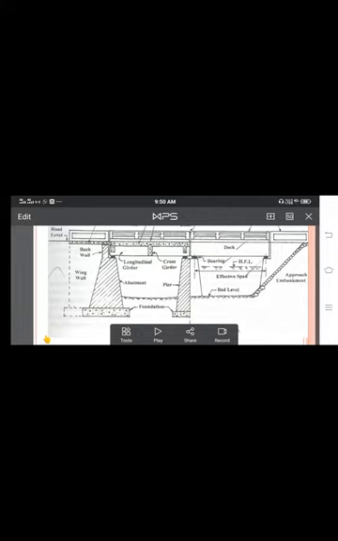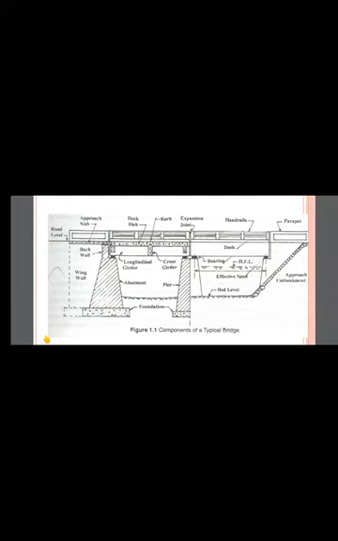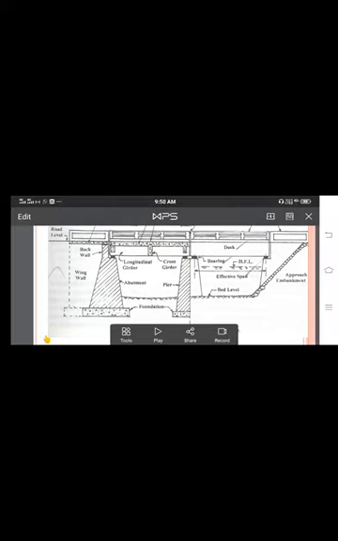And bearings, what is shown: above the pier and abutment we are going to provide the bearing. Upon that bearing the girders are going to rest. Why are the bearings provided? Because these bridges may be under lateral loads also. Due to the movement of the pedestrians or the vehicles, lateral loads are going to be applied on the bridge, on the deck slab, then to the girder, isn't it? That is resisted by these bearings.